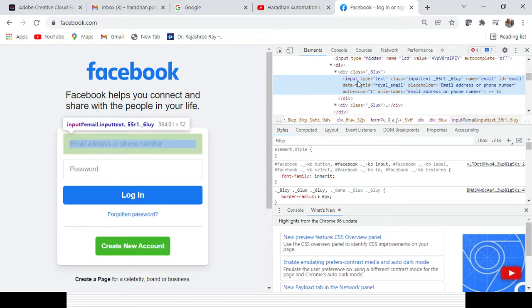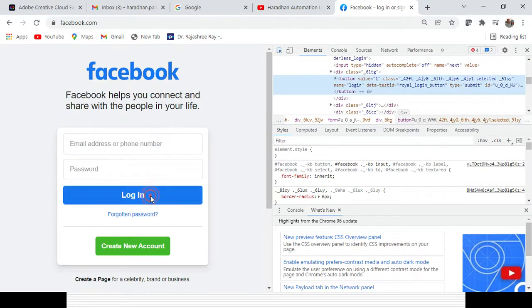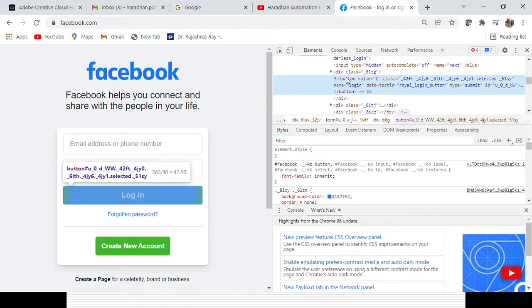You can see that whenever you hover your mouse, it starts with some tag name. Here the tag is input, because it's the input box, so its tag name starts with input. Type is text, so you can enter something. There's a class name, and that input tag is closing, but it is in a div, meaning some sort of table is there. But if you go to the login button, you can see the tag name starting with button, with class and name, login, all this stuff is available.